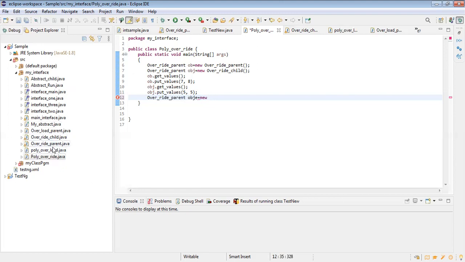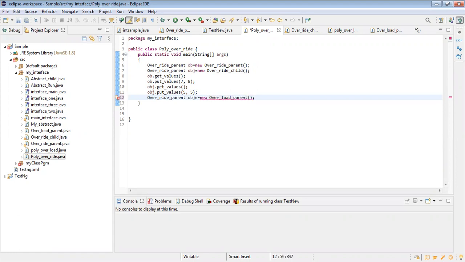OverloadParent. Over underscore load underscore parent. Open brace, close brace.